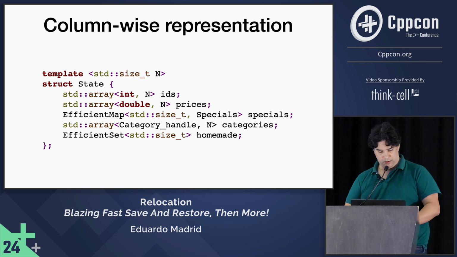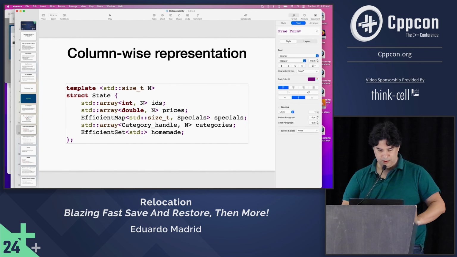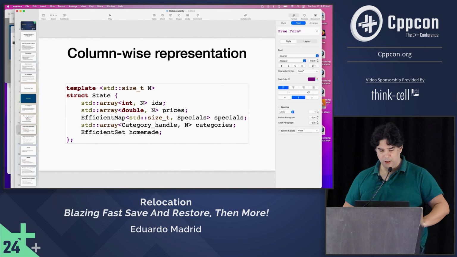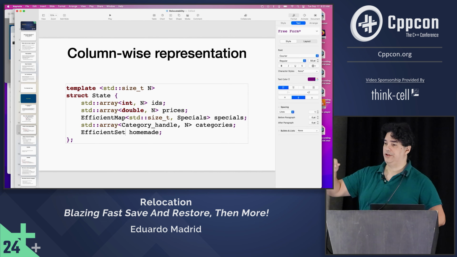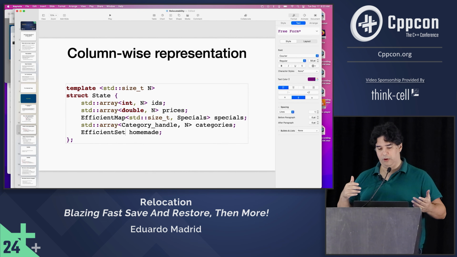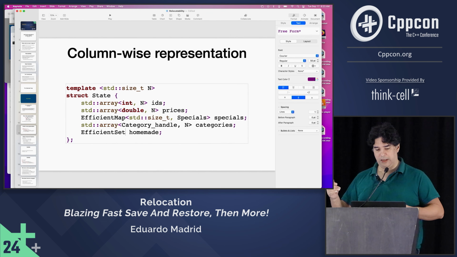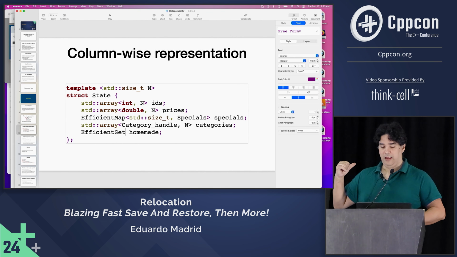Is your homemade missing the bool, an efficient set of just size t? Thank you. It is that. How would you map it back to which array it was in? Okay, Peter, thank you for your question. The question, I think, is how do you know which part of the set belongs to a particular item, right?